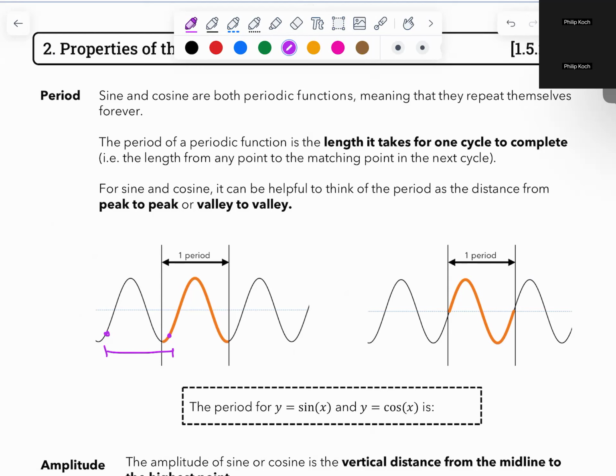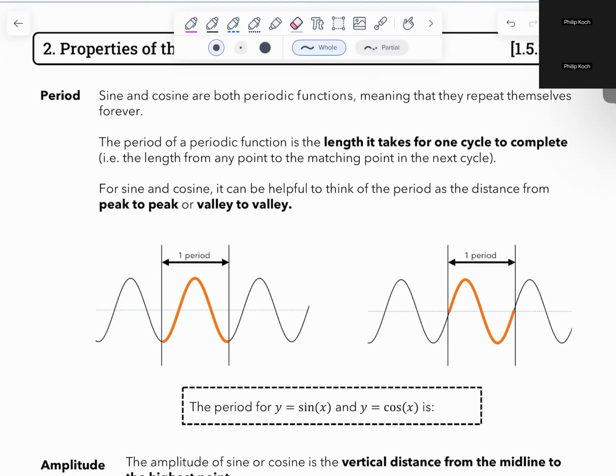The point I wanted to make there is that you can measure periods wherever you want. It doesn't have to be at the origin. You don't have to start measuring at a peak. You can do it wherever you want. But the most useful approach for sine and cosine is either from peak to peak or from middle to middle. And not this middle, right? Because at this one you're going up and then going down. You want to go up to up. Okay?